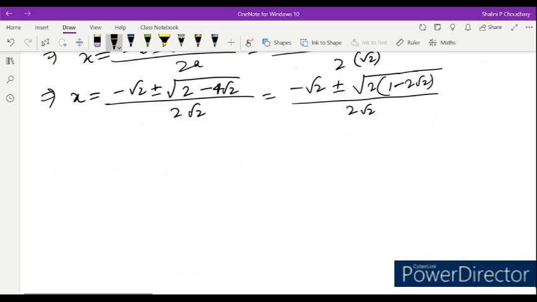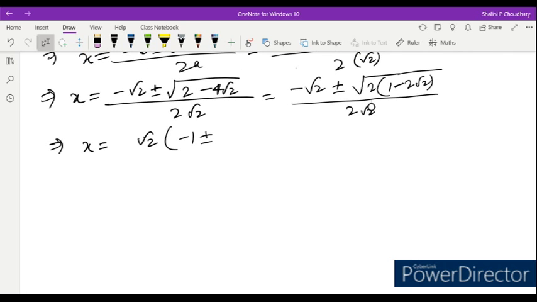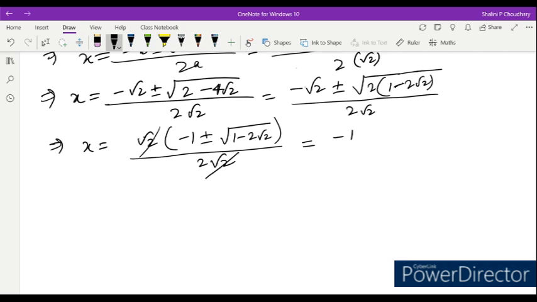Now when we'll take this root 2 out, only root 2 हम common लेते हैं, so we'll get minus 1 plus minus, यहाँ से we'll take 2 common, I mean square root के अंदर से 2 common लेंगे, it means we are taking square root of 2 बाहर, so what we'll get, यहाँ पे 1 minus 2 root 2 divided by 2 root 2, root 2 cancel, so we'll get minus 1